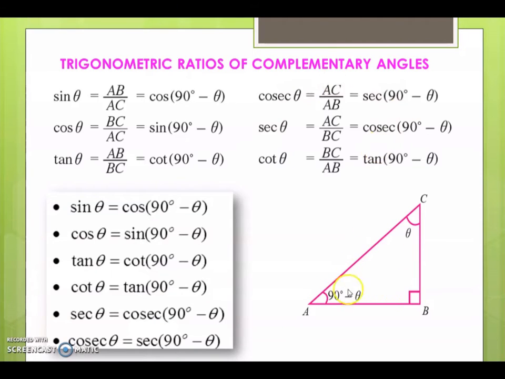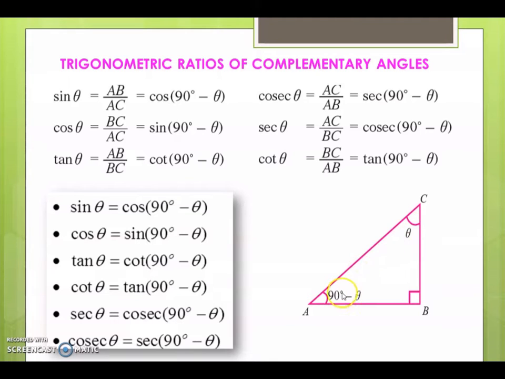Now, in a right angle triangle, one of the angles is already 90 degrees. So, the other two will form a pair of complementary angles. So, if I consider a right angle triangle, which is right angled at B, angle B I know is 90 degrees. So, the sum of angle A and C must be 90. If one of them I take as theta, the other one should be 90 minus theta. If I take A as theta, then C will be 90 minus theta. So, these two are complementary angles.